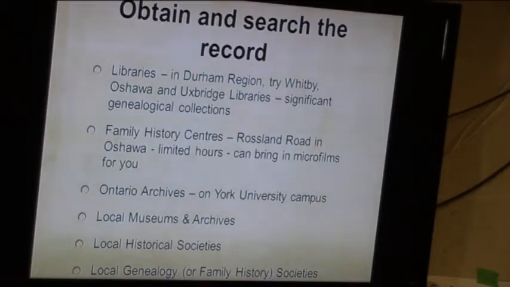Huge genealogy collections. Whitby is where the Durham Region branch holds their library. But the Whitby Library themselves have supplemented and augmented our collection with further books and recordings that they have purchased.